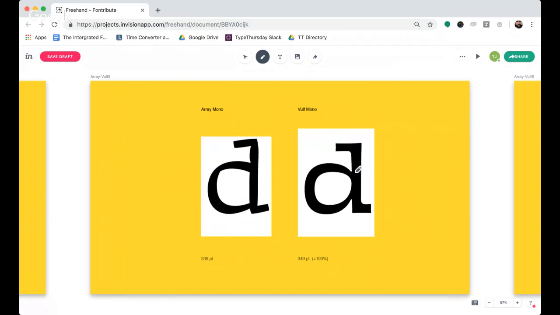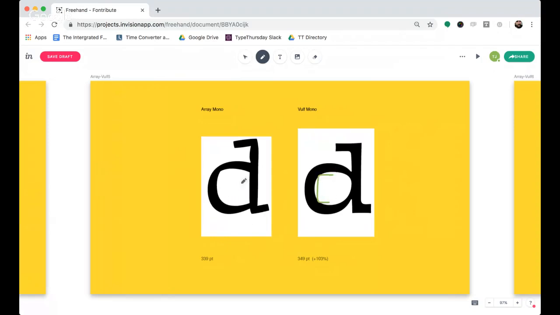I say that because in Vulf, you can actually see there's slightly more weight right here than in this quadrant right here. So if you notice, while this is a kind of historical expansion or moving forward from the Renaissance calligraphic thinking that Array Mono would talk about, there seems to be some bias or assumption where we should have more weight up here than down here. So I find that very interesting just to see that point. We can see that